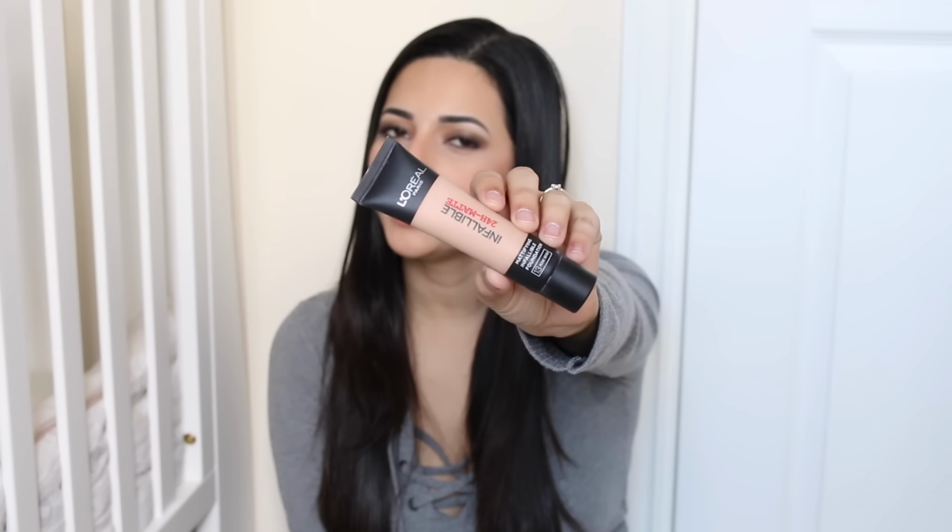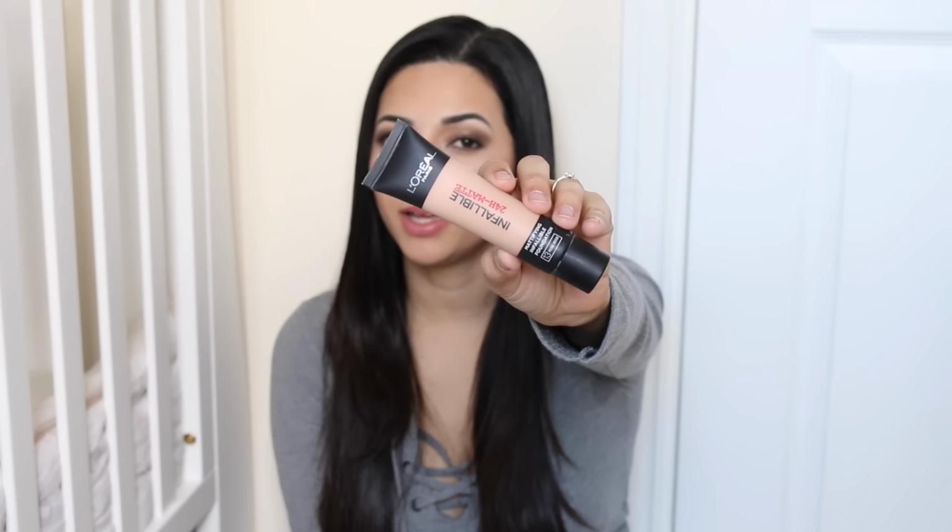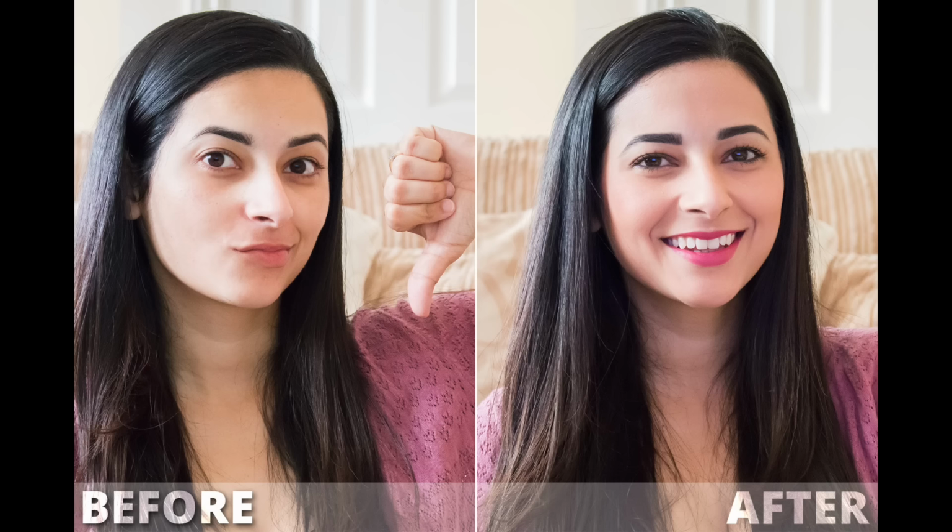Another L'Oreal foundation, you will see here that I tend to like L'Oreal foundations, is the L'Oreal Infallible 24 Hours Matte Foundation, and the shade is Rose Beige. This one is a very recent favourite of mine and I still love it. It looks beautiful on the skin, really nice and perfected. It has a matte finish. If you like matte finish on foundations, I prefer matte finishes, so I really like the way that this looks